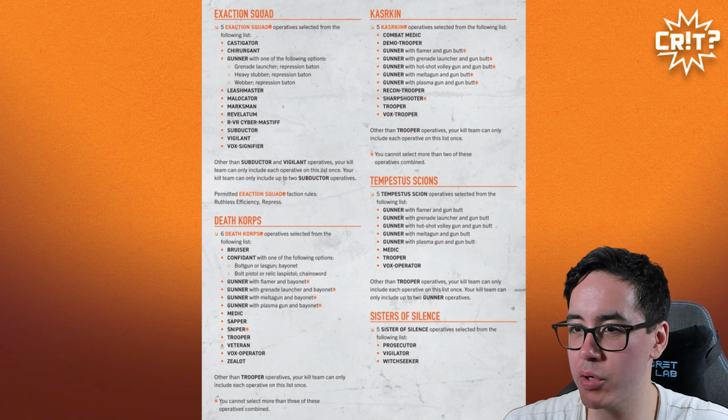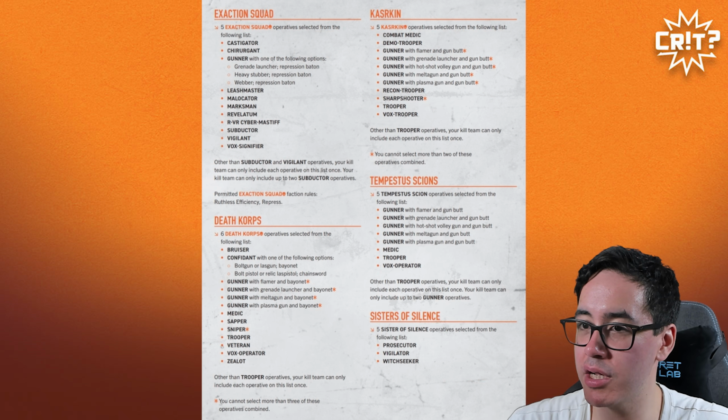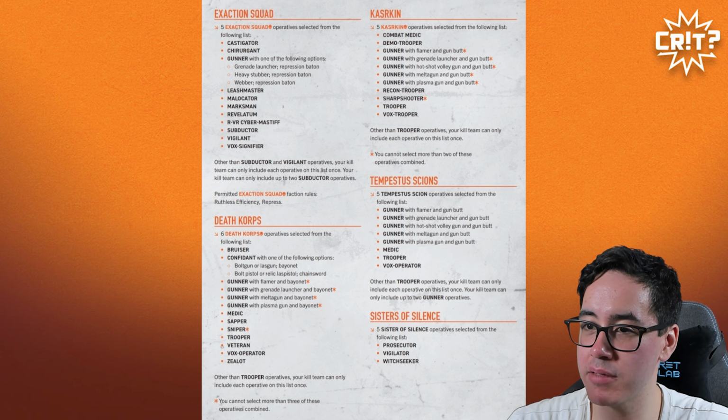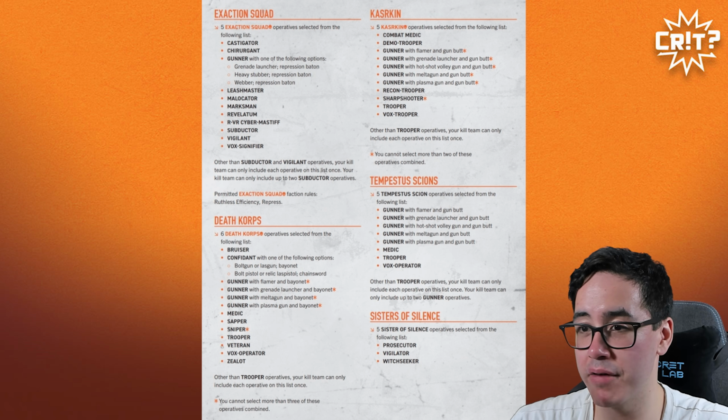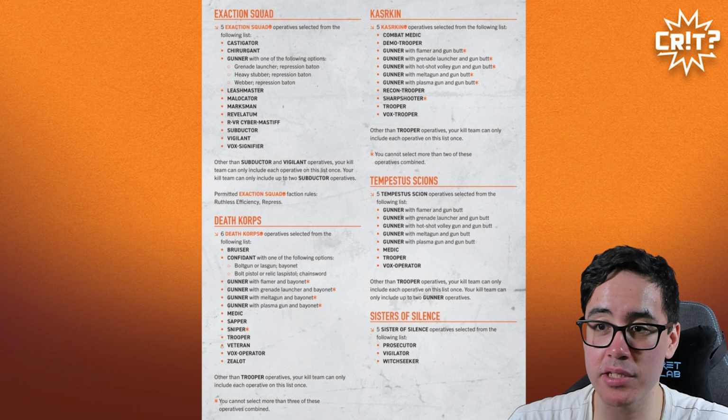You've got the Exaction Squad, who can take a Castigator, Chirurgeon, Gunner with either Grenade Launcher, Heavy Stubber, or Webber, Leashmaster, Malocator, Marksman, Revelatum, Cybermastiff, Subductor, Vigilant, and Vox Signifier. And then other than Subductor and Vigilant operatives, you can only select each operative once, and you can take up